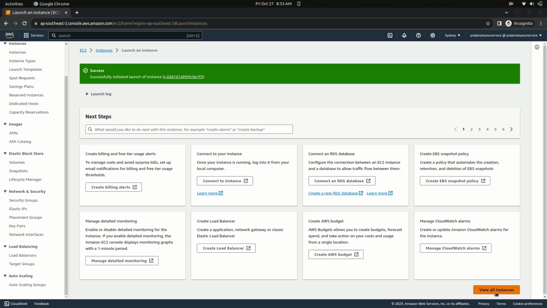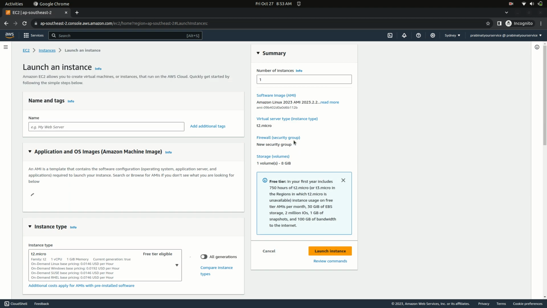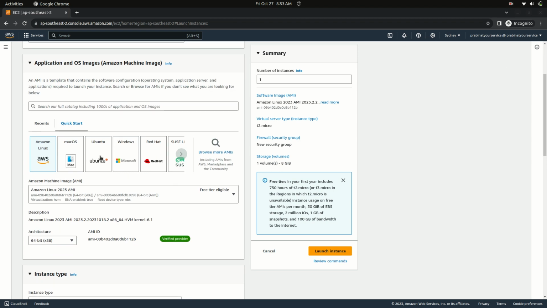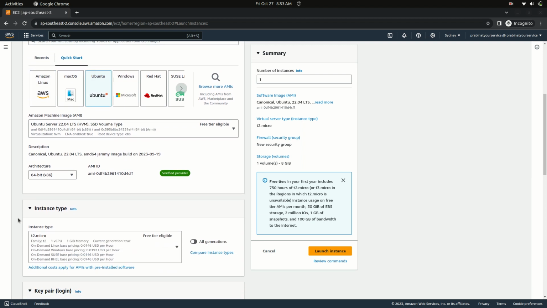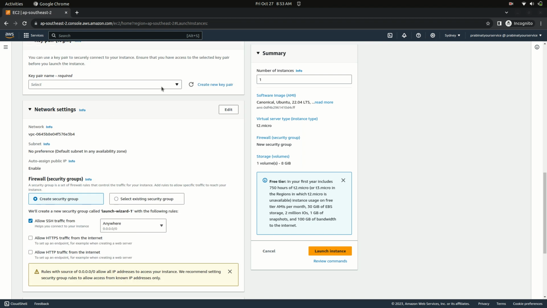And view all instances. Also, let's go ahead and launch another instance while it's booting up. I will call it Django, you guessed it right, server 2, and Ubuntu, description, and T2 micro. Select keep here is Django application server, and again